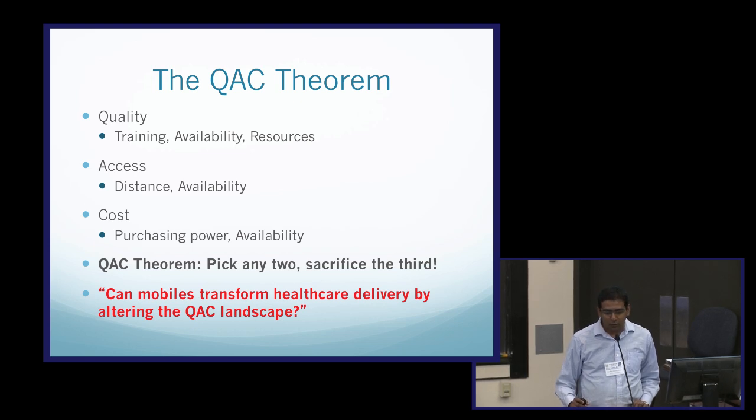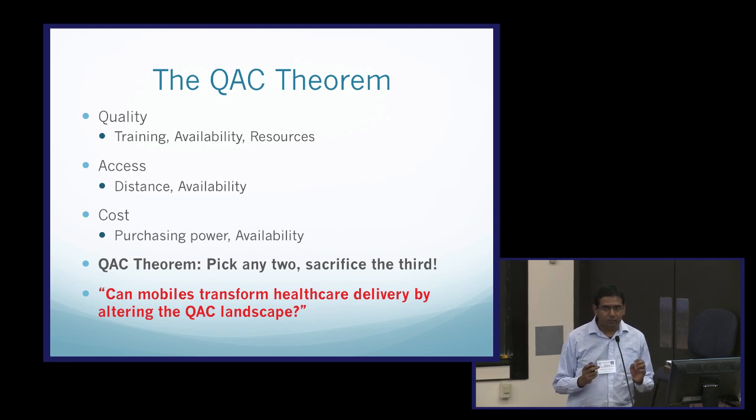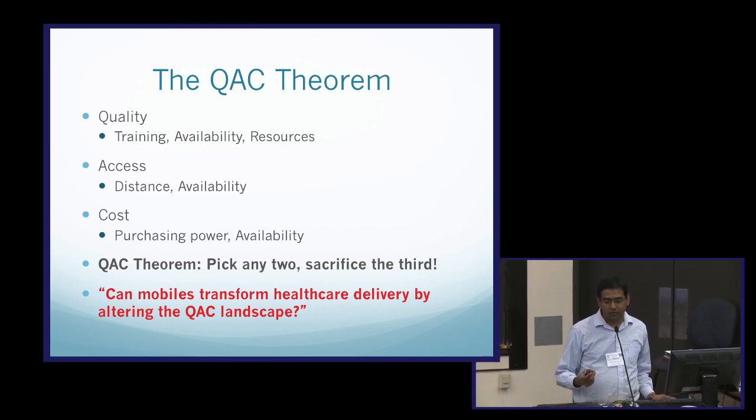If you get very good quality and very good access, the cost dimension gets hit. If you get very low cost and very good access, quality gets sacrificed. If you get very good quality and relatively low cost, not everybody is going to get it. And it's basically a notion of resources. We are operating in environments where resources are either priced too high or resource availability is very limited.